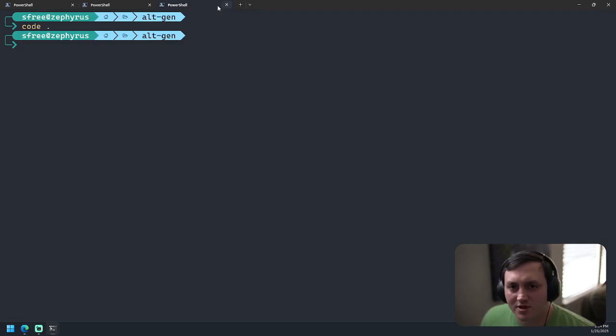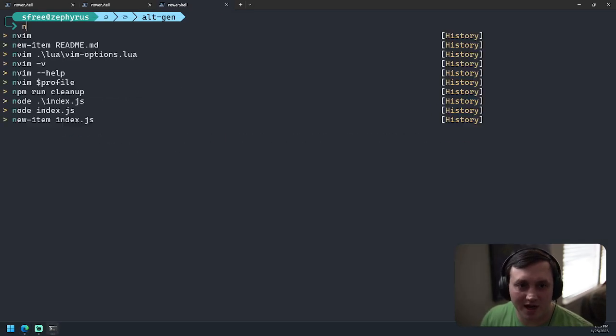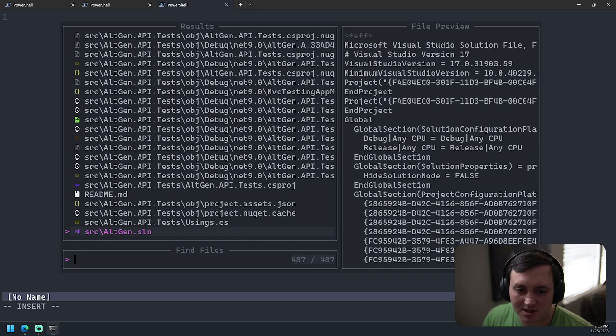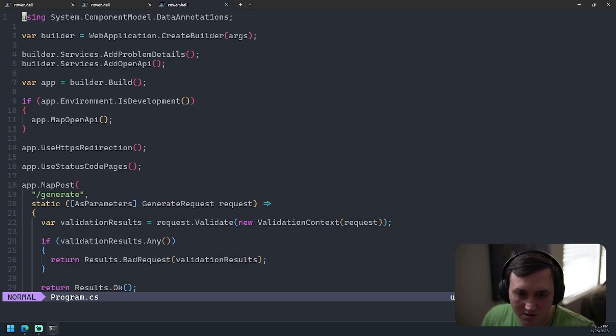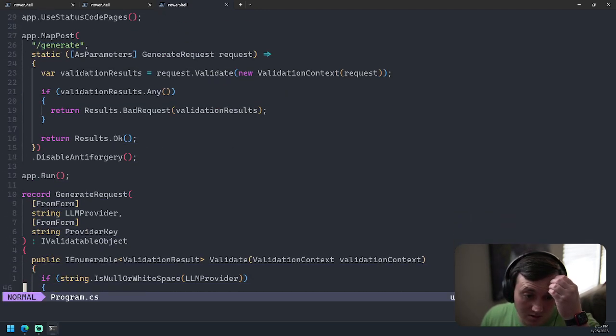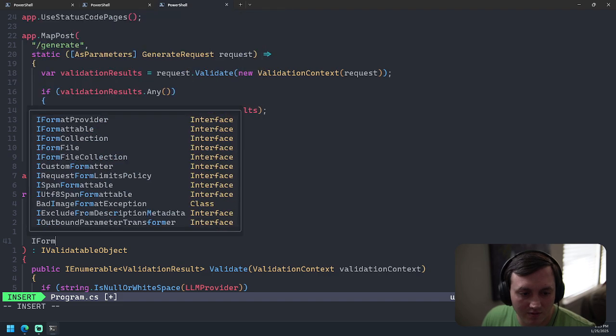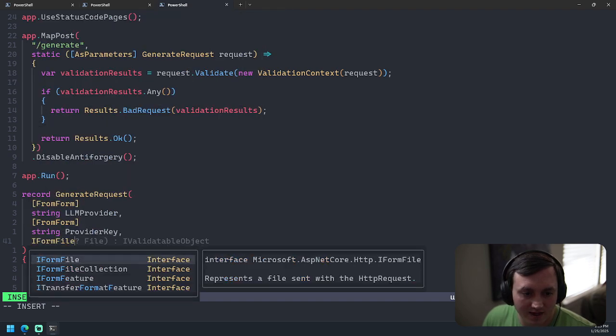I need to spend some more time on the Neovim DAP UI though, because that's a problem for me to be able to debug things. IForm file.